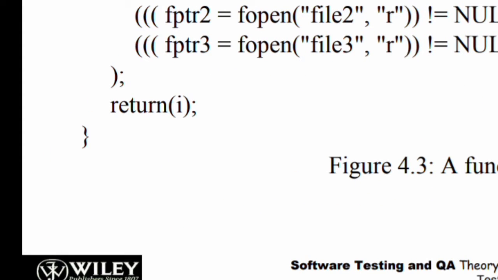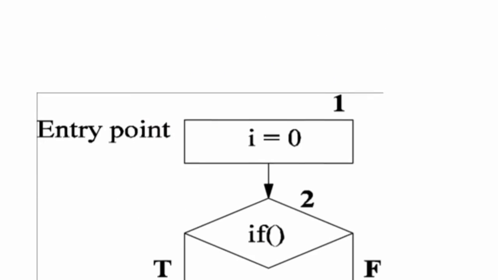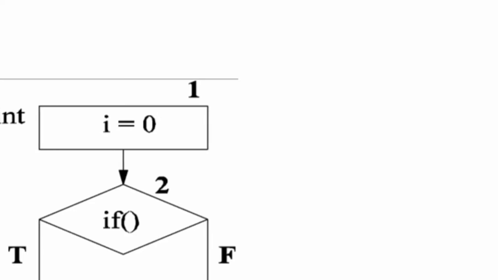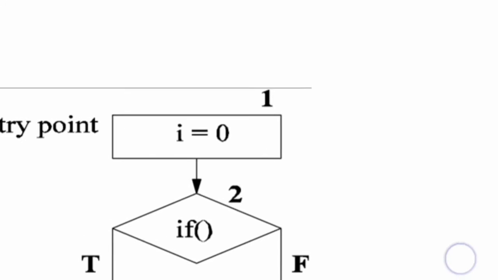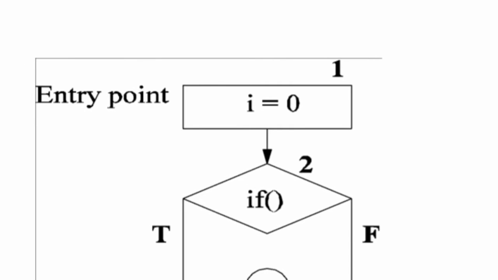This is the programming or code part of the program. For that we are writing a high level CFG representation of open files. Here I equals 0 is the entry point, then the if condition, and return I is the exit point if it is the true statement. So these are bidirectional statements: the if statement is used whether it is true or false.